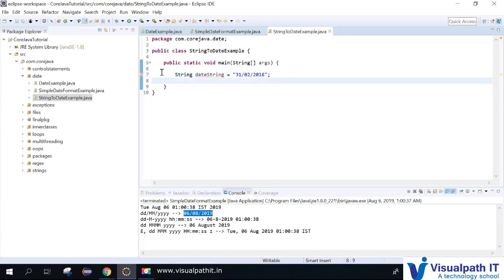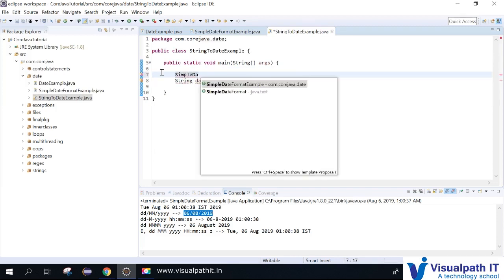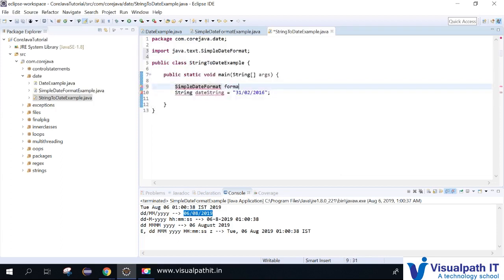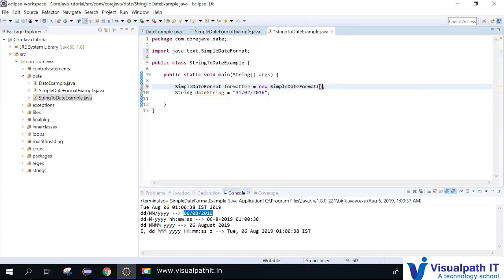What I'm doing is creating a date. Before that, I need a simple date formatter: SimpleDateFormat equal to new SimpleDateFormat with the pattern I'll be giving. You can write it below or anywhere, that's not an issue. But